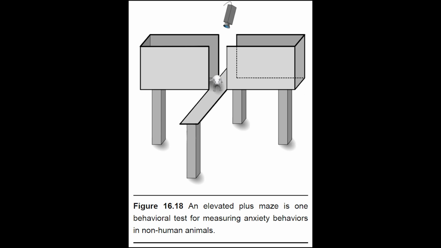Under normal circumstances, rodents choose to spend more time in the arms that are surrounded by walls. But if you give these animals an anti-anxiety drug, they increase the time spent in the open arms, indicating a decrease in the behavioral expression of anxiety. A related behavioral test is the open field test. The test apparatus consists of a large, flat area where the rodent can move around freely, and some method to track the animal, either an aerial view camera or a series of parallel, invisible infrared beams that can locate the